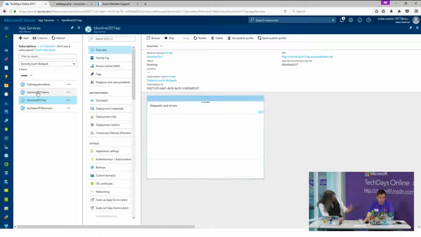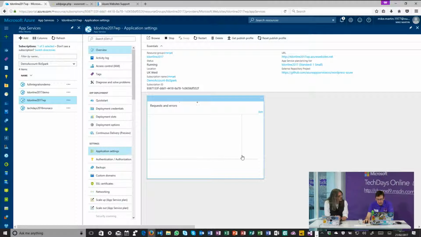Exactly. So I can do the same thing if I'm running PHP or, okay, that works for everybody. So if you take a look at the application settings here,